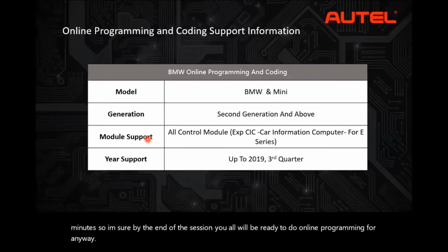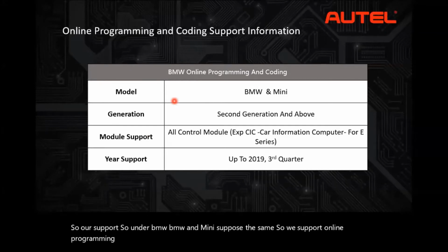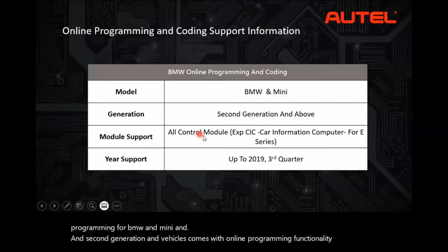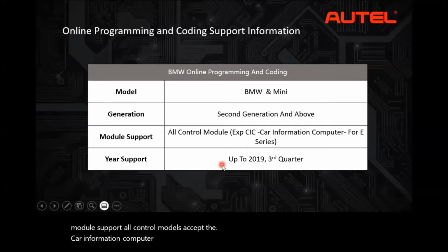So our support under BMW and Mini is the same. We support online programming for BMW and Mini, and second generation and above vehicles come with online programming functionality. Then module support: all control modules except the information computer, and year support up to 2019, even 2020 models are